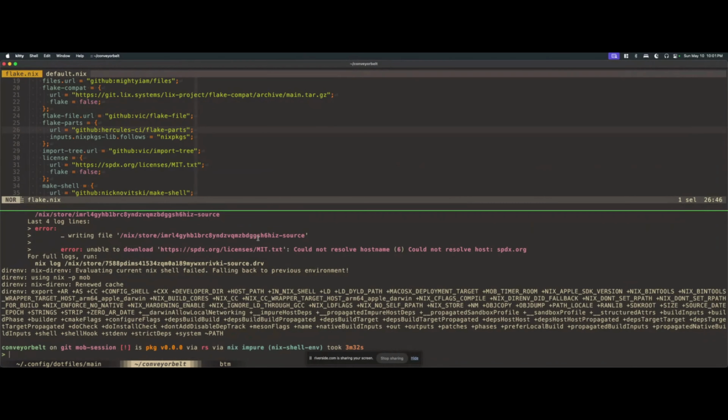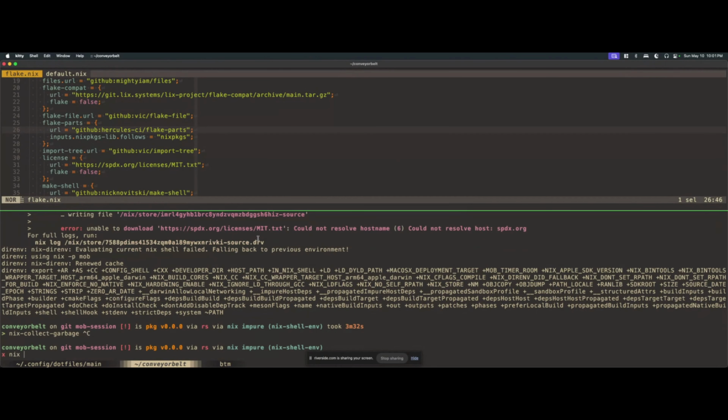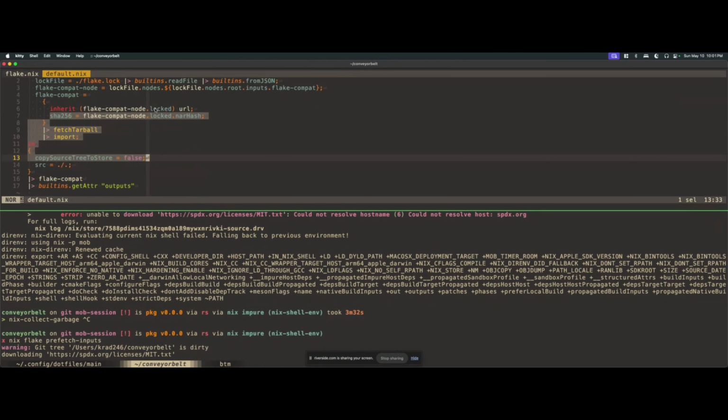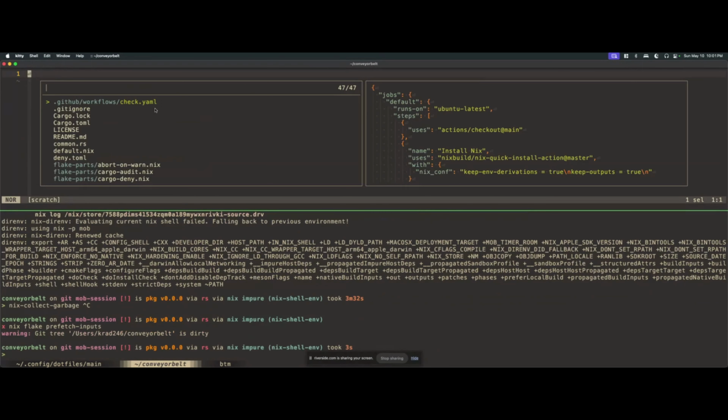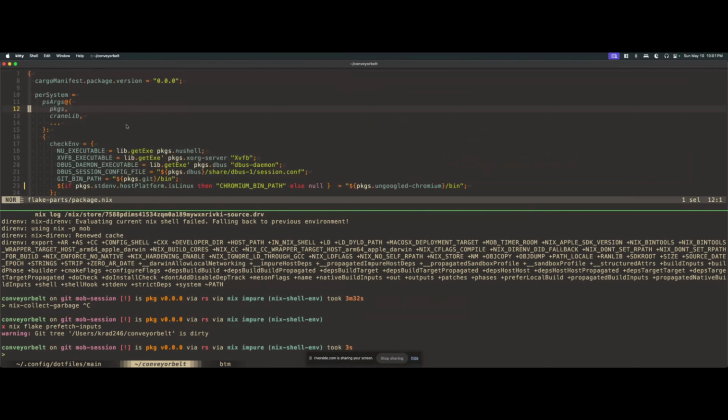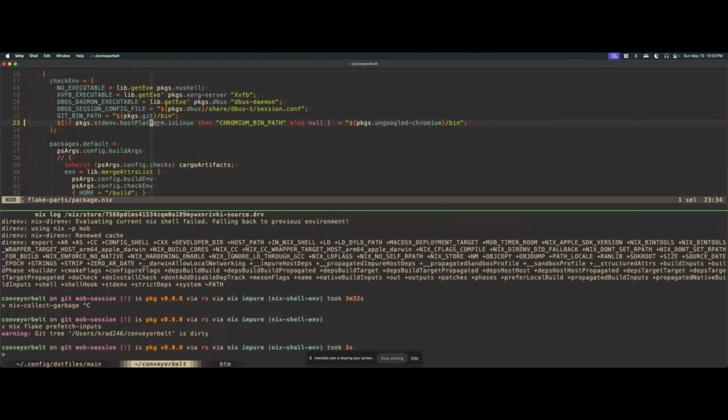I got hit by this again. If I do, let's try nix flake prefetch inputs here. I guess we've sort of completed this journey to come back to it. I had this here, and we were trying to format this. So then if I do alt, if I do the